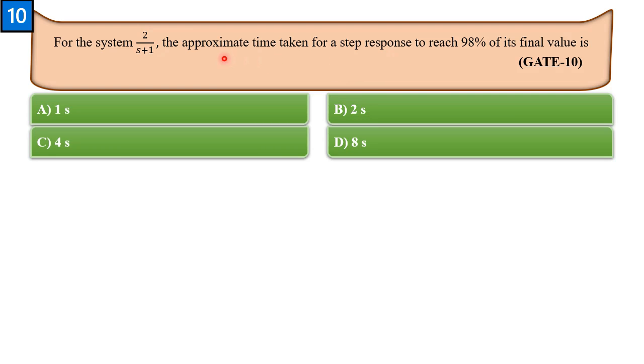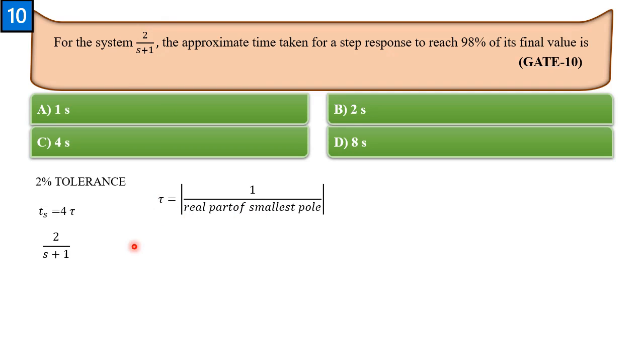ठीक है, मतलब इसमें यही पूछा है कि देखो 98% तक होता है, तो 100 में से 98 गया, कितना हो जाए 2%, मीन्स 2% टॉलरेबल है. तो इसको मैंने बताया था कि इसको कहते हैं 2% टॉलरेंस. तो 2% टॉलरेंस पे सेटलिंग टाइम निकालना है. So settling time for 2% tolerance is given as 4 into time constant, and time constant for any system is given as mod of 1 upon real part of smallest pole.